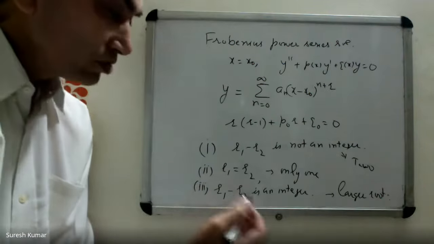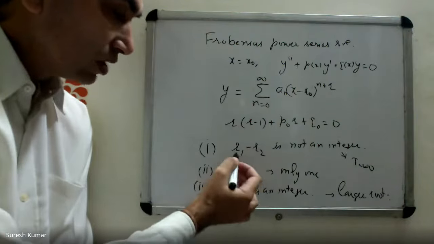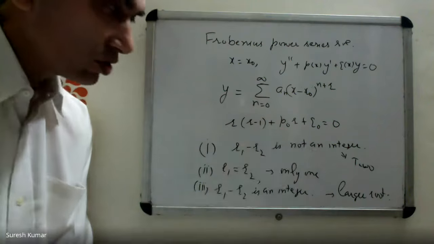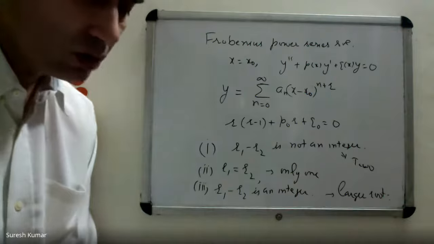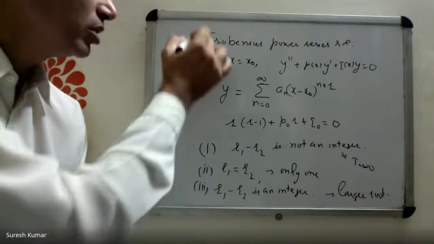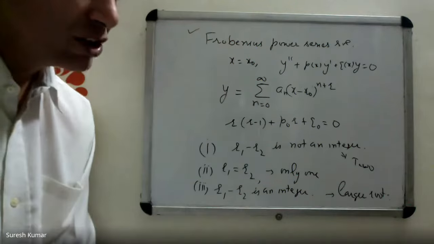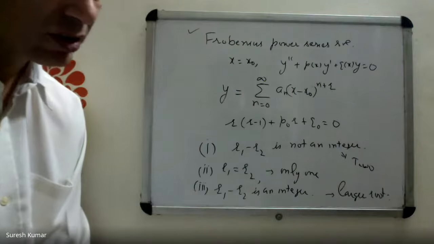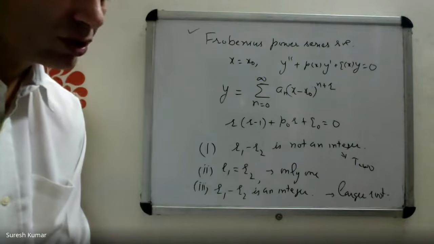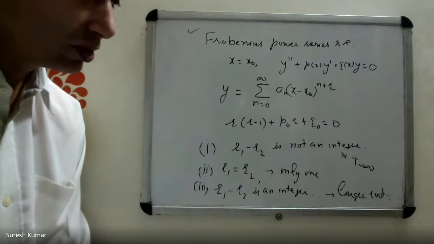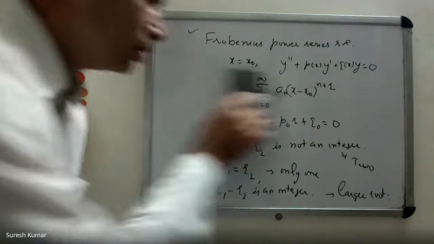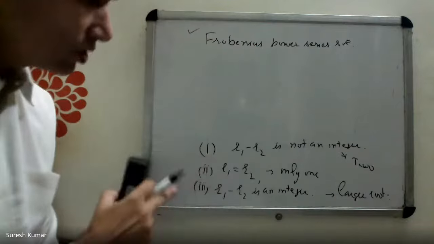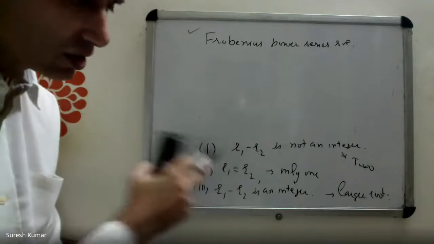So two problems I discussed in the previous lecture. One when r1 minus r2 is not an integer. Other problem when r1 equal to r2. One more important point, in your course, only you need to find Frobenius power series solution if it exists. Other type of solution you need not to learn. Okay. So these two cases problems I've already discussed in the previous lecture.